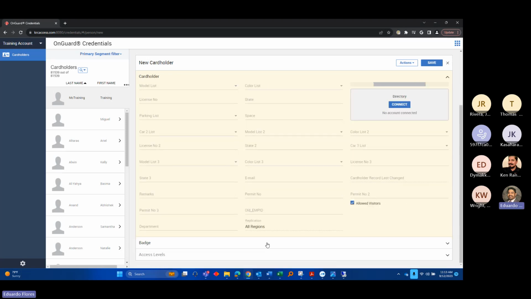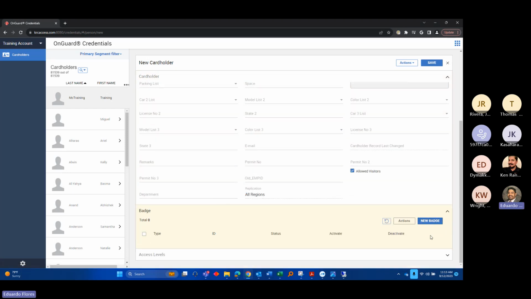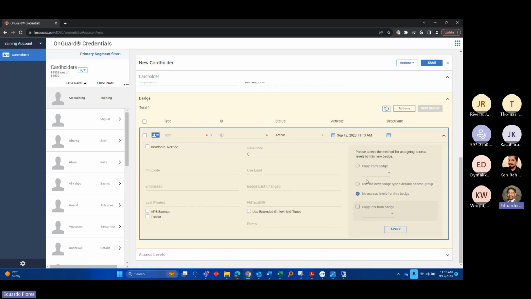Next we can go ahead to adding the badge, which is down here. You'll see the badge ribbon here. As we click on that, it opens up. Then we click on the add new badge button here on the right. Then we're opened up to the badge screen. So we can type in the type of badge. There are different types of badges already in the system. Typically I've seen employee badges or visitor badges; you can type it in again to pull up a filter. And under IDs, where we add the actual card number,